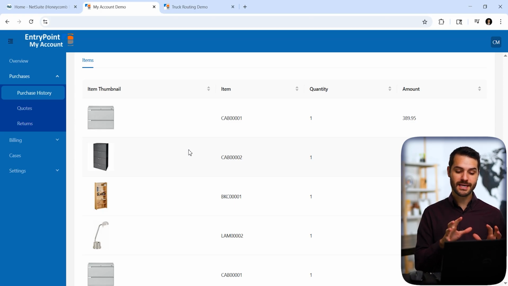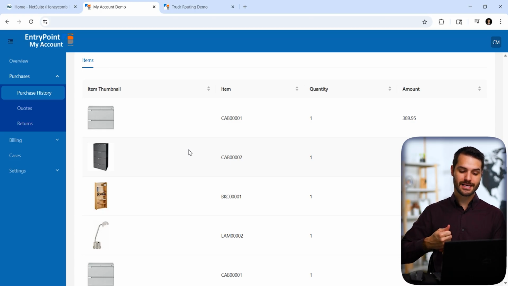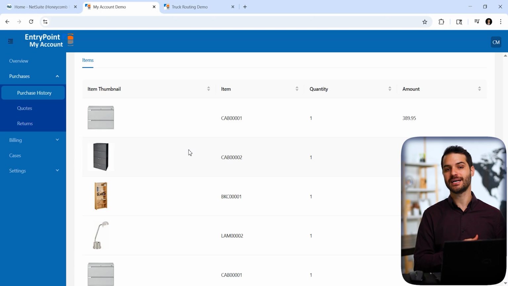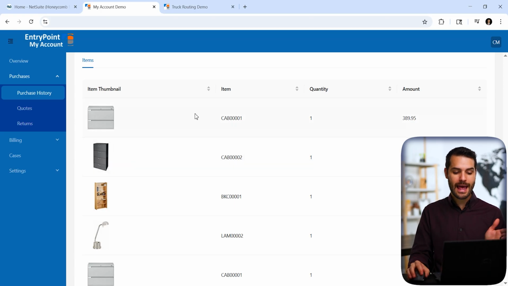So what we're seeing here, this can all be customized. And the way that this works, to really understand, NetSuite is providing a portal into NetSuite. So any information that sits in NetSuite is providable and can be brought into this customer portal that we're looking at here. So every single one of these, if I decided I want to add a new column